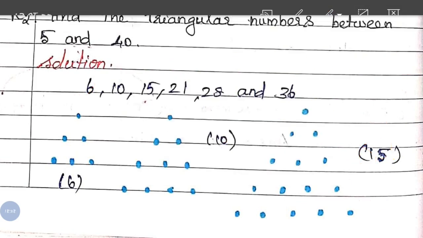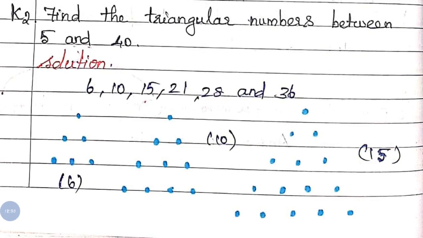Okay. Now can you understand how to write the triangular numbers? Always, if it is a triangular number, you have to check like this: 1 plus 2 plus 3. Likewise, you have to add the next number along with the given numbers. So this is the way you have to find them out. And here I have just shown how to form triangular numbers.